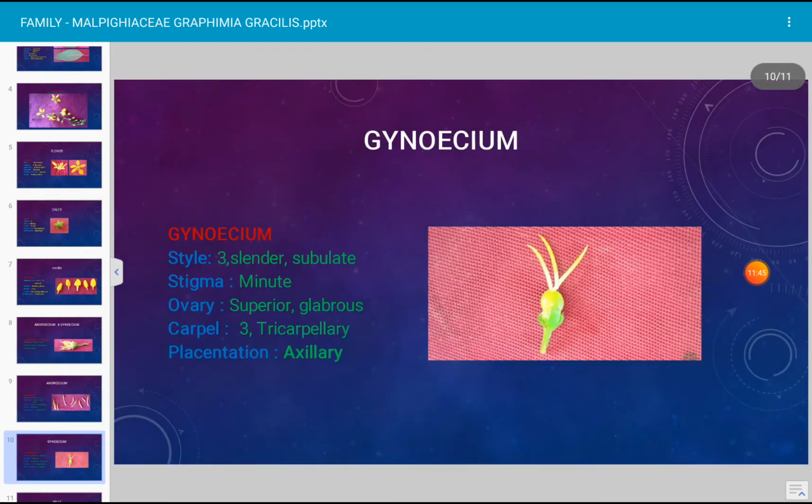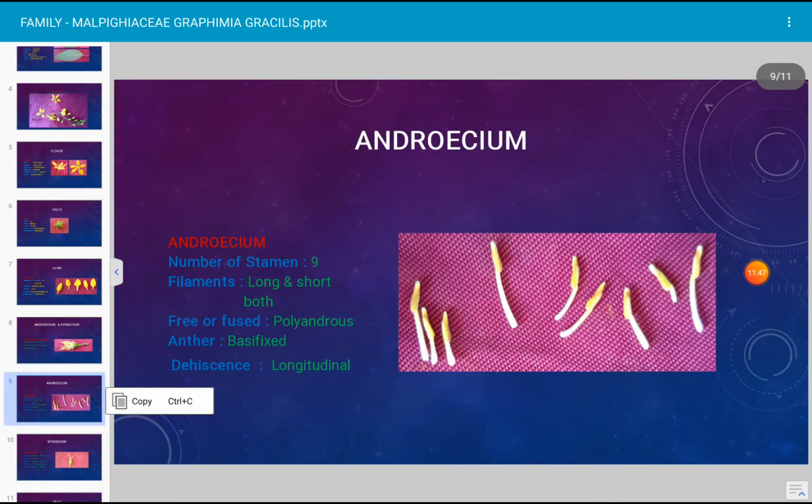And in the anther, pollen grains are developed. After complete development of the pollen grain, naturally the anther splits open to release the pollen grains. The natural split opening of the anther to release the pollen grain is in a vertical plane. Hence the dehiscence or split opening of the anther is longitudinal. That means the dehiscence is longitudinal. Okay. Next,